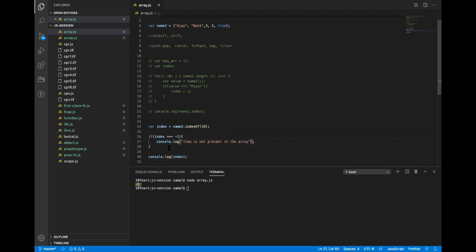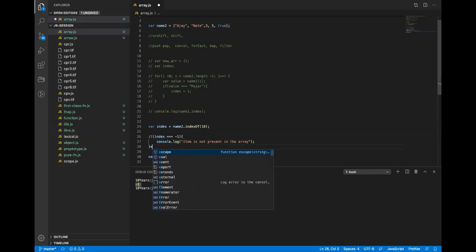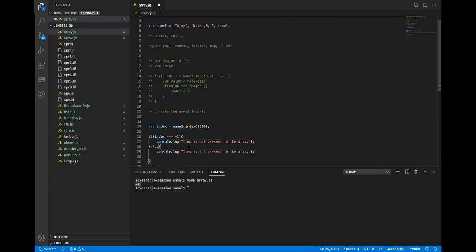Else, item found in index. Now if I run this,